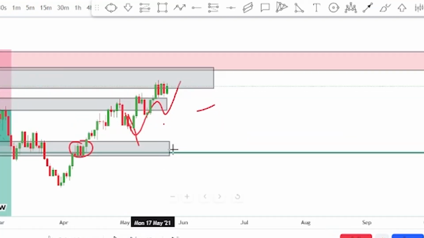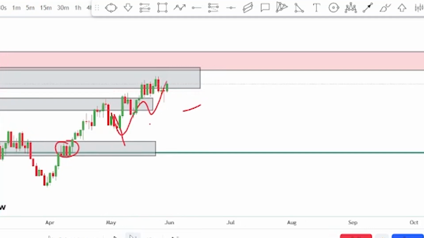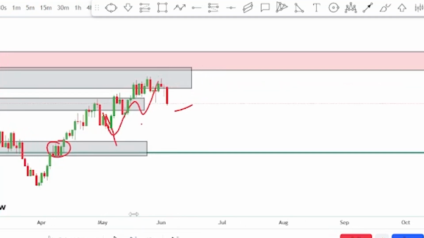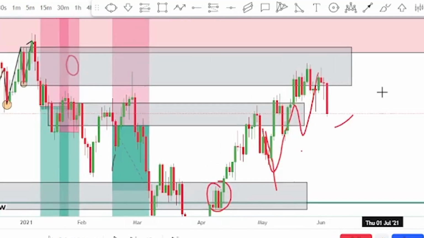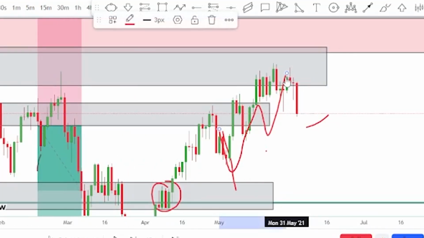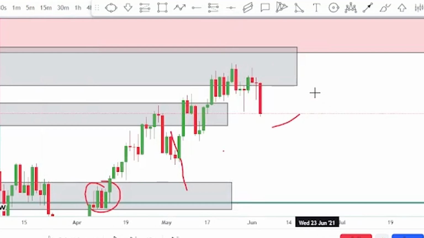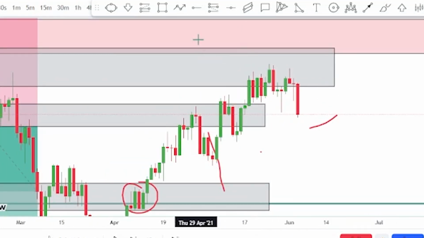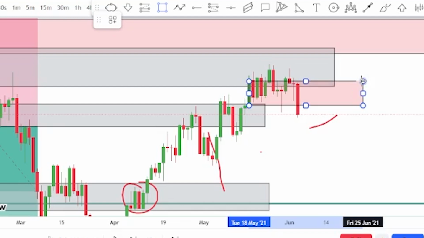We are rejecting from this area, so I'm going to be looking for entries as I reject from there. Okay, so I got a good candle which is trying to make a lower low from the supply zone. So as long as I get the confirmation from this